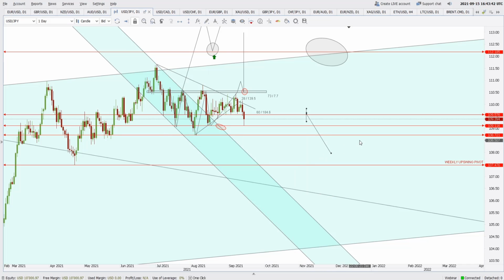We can witness 108.72, and if 108.72 is taken out, then we can also witness 107.47 in this market. On the higher side, we have 109.57 as the immediate resistance, and after that this rectangular zone of 110.50